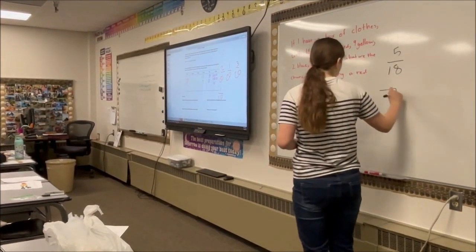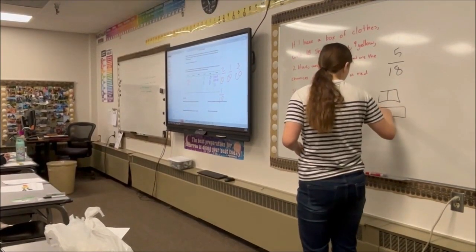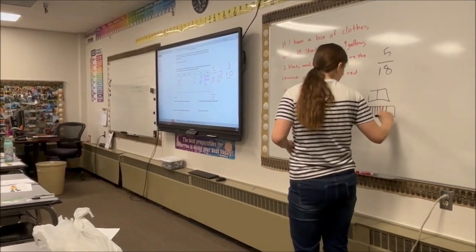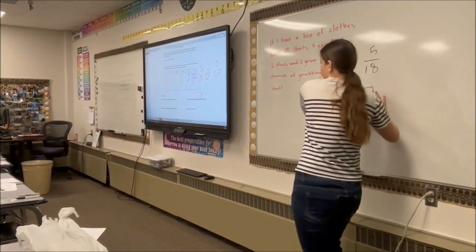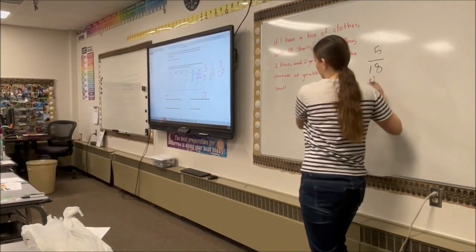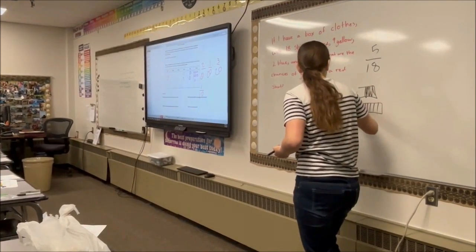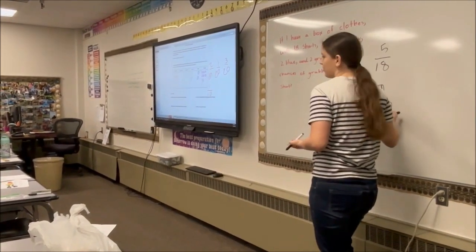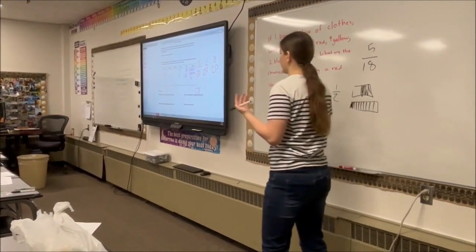Like if I had a rectangle and I had 10 cubes, and let's just imagine that these are the same size rectangle, and I fill all of this. This is a lot of the rectangle, it takes up most of the rectangle, but if I only fill in one out of 10, you can barely see how much of the rectangle I filled in. And that's how you can visualize which one's smaller and which one's bigger.